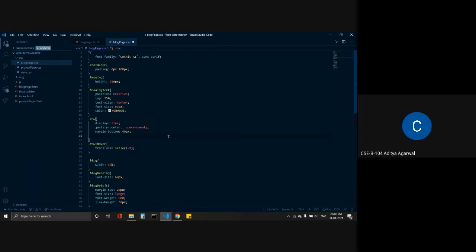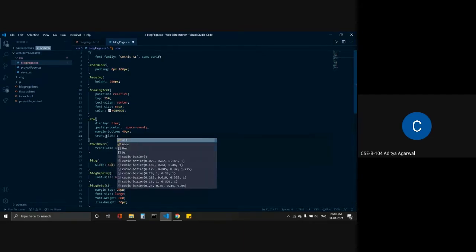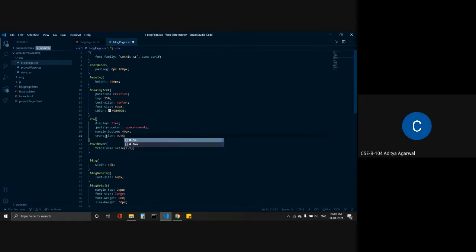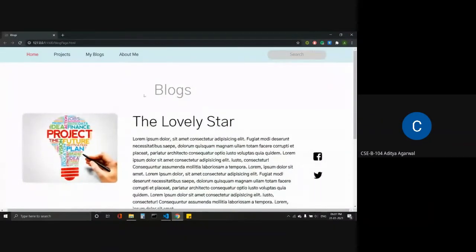So we have to add it to the row class. We will write transition, and then the number of seconds we want the animation to work. We want it for 0.5 seconds. So I will write 0.5 seconds and then save and refresh. See, it is for 0.5 seconds.